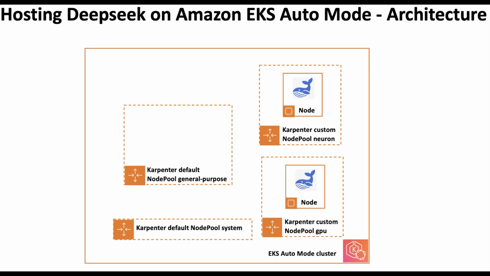And then we will deploy two variants of DeepSeek vLLM, one for GPU and the other for Inferentia based EC2 instances. DeepSeek R1 is an open source AI model specifically designed for reasoning tasks and problem solving. It excels in logical inference, mathematical problem solving, and complex reasoning, aiming to provide step-by-step solutions. R1 is based on reinforcement learning and uses techniques like chain of thought prompting, where the model thinks out loud